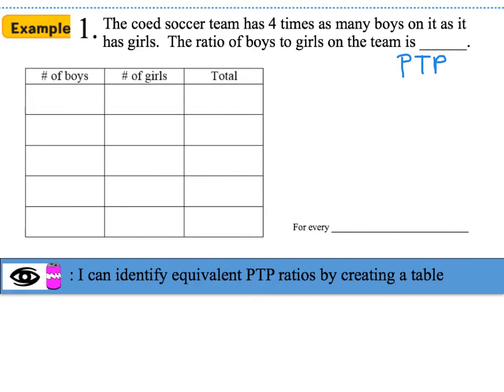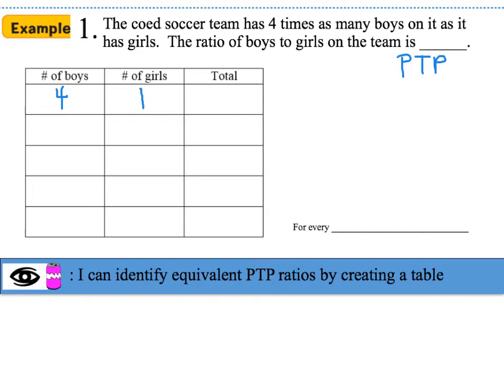So I'm going to write it as a part-to-part ratio, and the problem says if I have 4 times as many boys on it as I do girls. So the 4 would be in the boys column, so 4 times as many boys. If there's 4 times as many boys than girls, then I would have 1 girl, because 1 times 4 gets me my 4 boys. So 4 boys would be in my first column, 1 girl would be in my second column, and since this